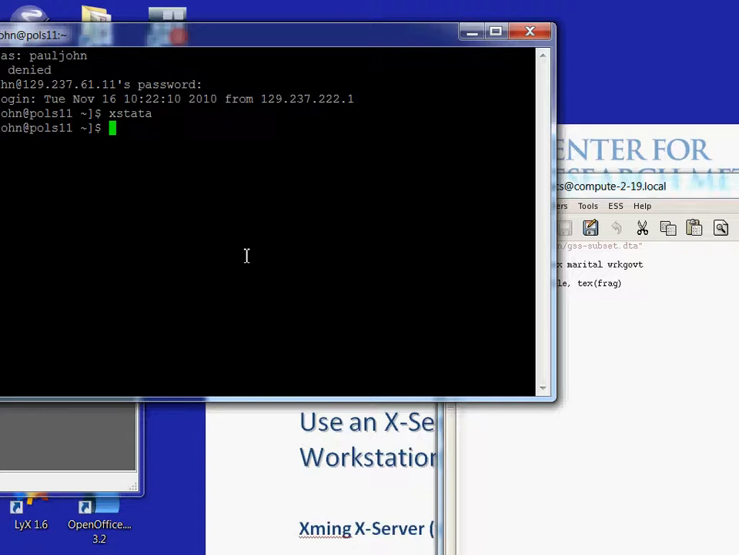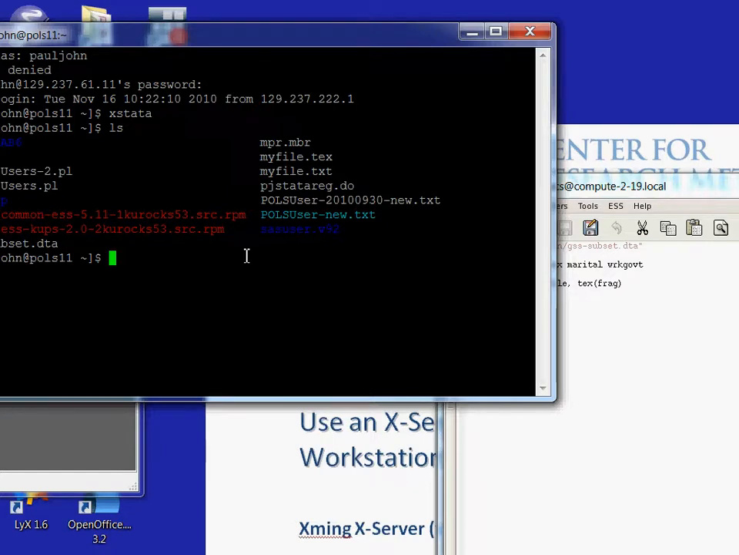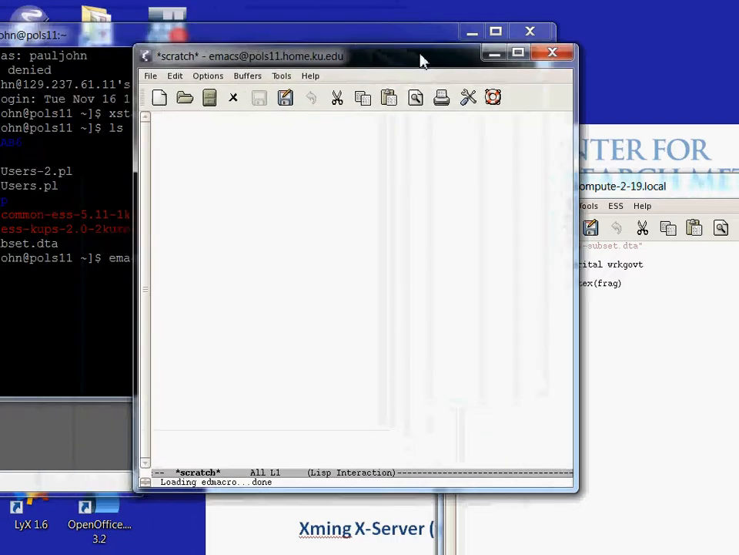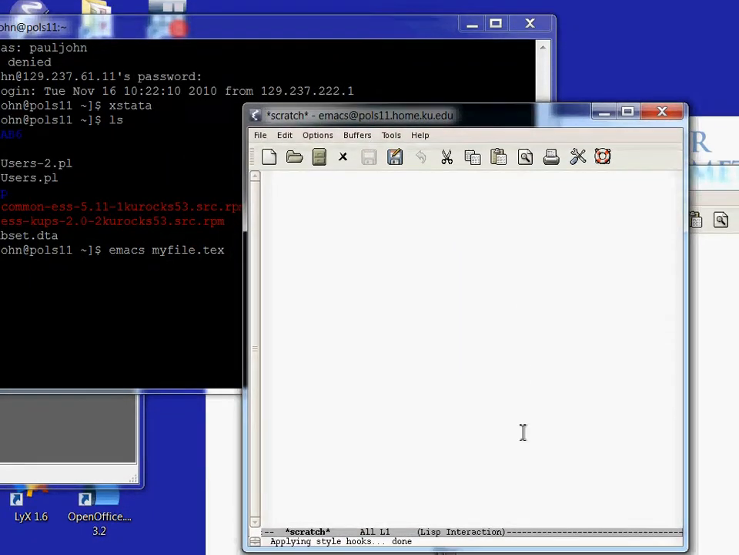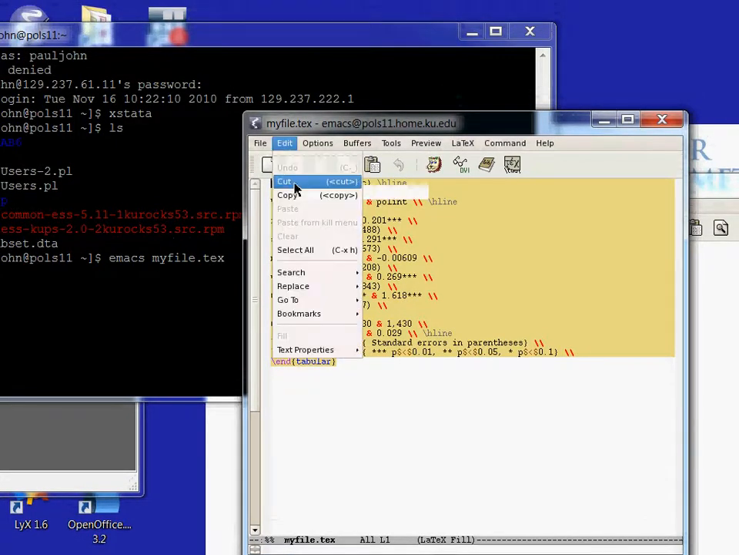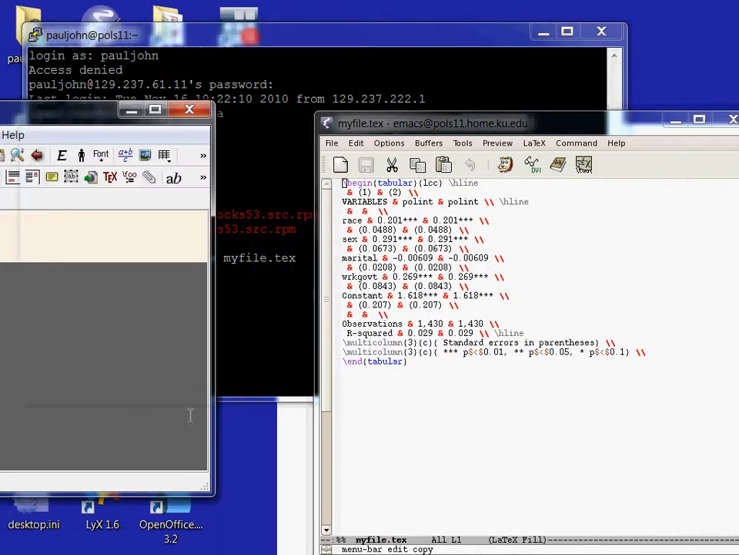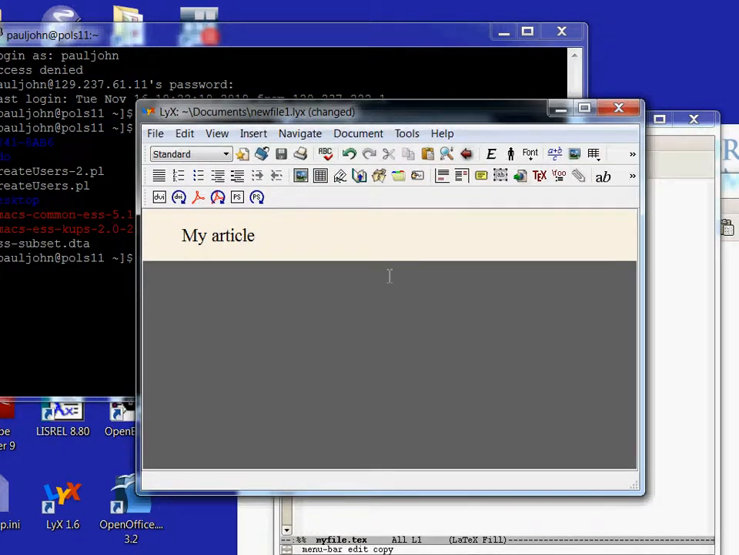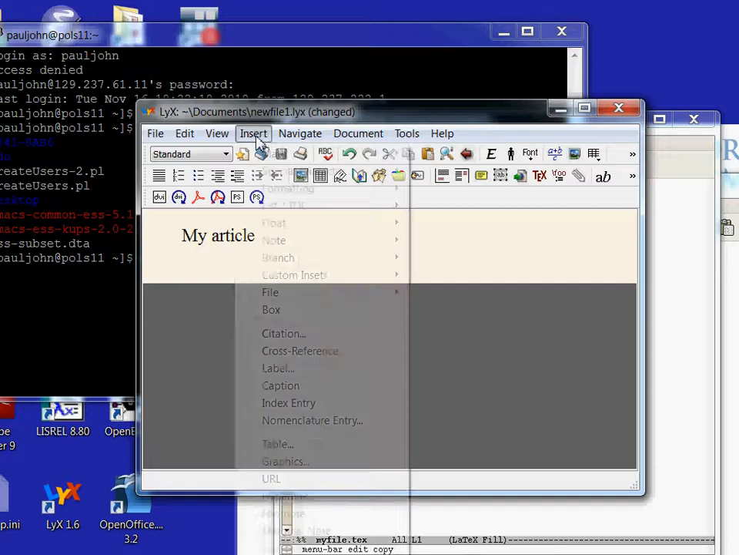When I ran the do file, it used a function called outreg2 to create a tex file. And so I can open that in Emacs on the lab system. And what we'll see is a LaTeX table with correct markup. And so we can copy that tex markup. Copy. Now we go back to the Windows desktop where I have LyX running. And so I would insert a floating